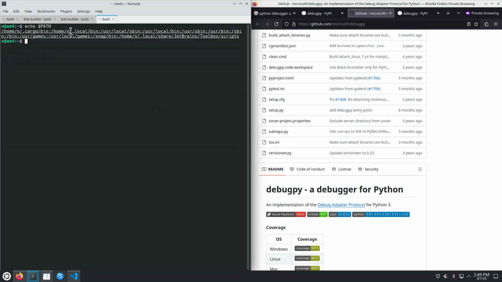We could use this directory, tilde/.local/bin. So we want to create a symlink here, which is ln -s,